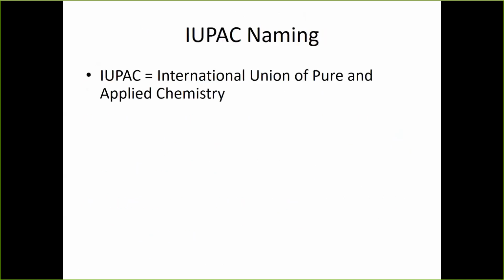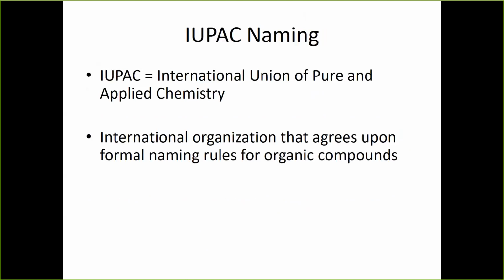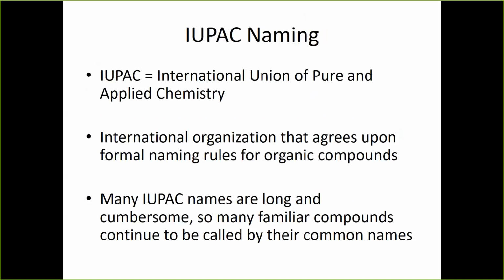I mentioned IUPAC, and as I said, that is the systematic nomenclature that people learn in their undergrad organic coursework. It is the International Union of Pure and Applied Chemistry, an organization that comes up with standard naming procedures for organic compounds. The big issue with IUPAC names is that they tend to be pretty cumbersome and long in many cases. There are a lot of compounds that we still use that have IUPAC names as well, but nobody ever uses those IUPAC names, and so you need to just learn the common names. The common names do have some system to them as well, but it's separate from the IUPAC system, and it's not quite as nice and systematic in comparison.